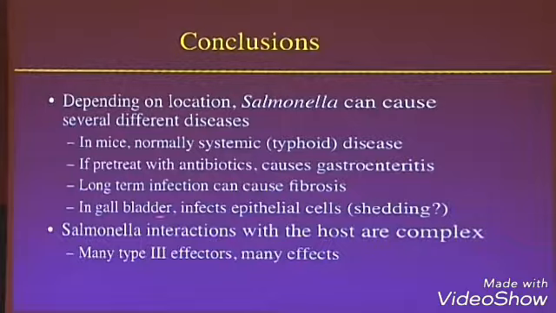I spent a fair bit of time telling you about the gallbladder because I think this is an important aspect that really hadn't been studied before, about how it contributes to the whole shedding of Typhi. And the neat thing is it gives you a whole different way of looking at how Salmonella interacts with different epithelial cells, being basolateral instead of apical. We know that life in the gallbladder plays a key role in the shedding and dissemination of typhoid fever, and now we're starting to get actual answers of how it hangs out inside the gallbladder and what it might be doing. So there's no doubt Salmonella interactions with the host are complex.